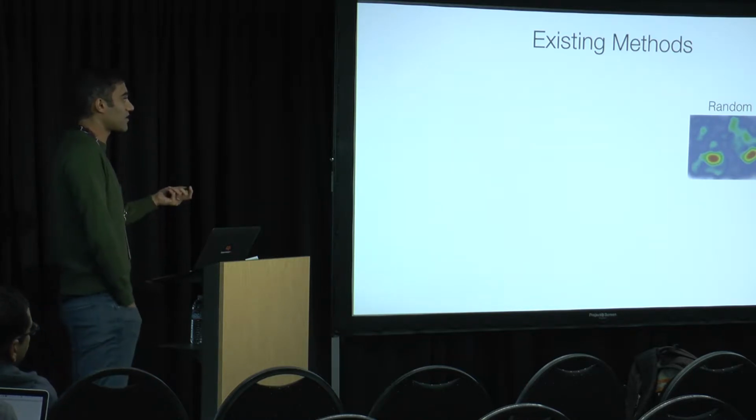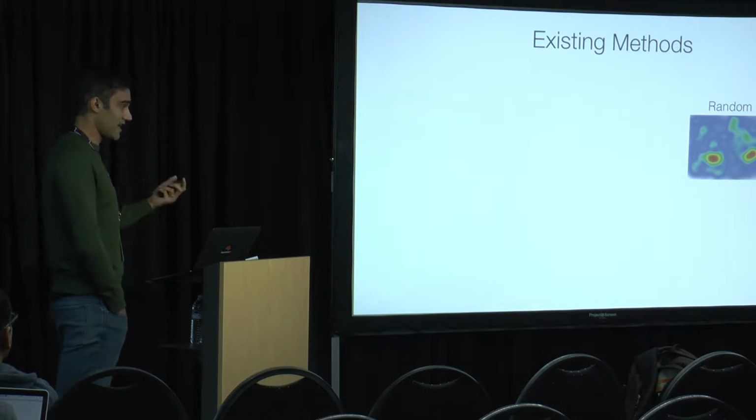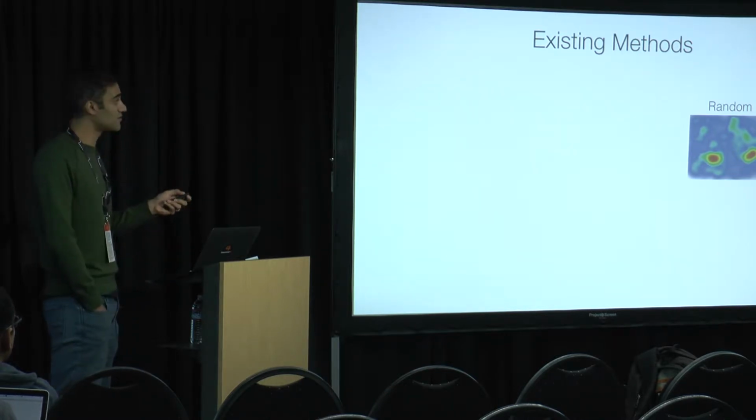Well, the canonical baseline is random search, and it works surprisingly well. The idea, as it sounds, is that here's a picture of a 2-dimensional search space. So there's 2 knobs to tune. This is a heat map where the red circles correspond to good areas. So ideally, you want to find a configuration that's in one of these red circles. And what you do in random search is what it sounds like. You randomly search through the space, and the hope is that if you've sampled enough points, one of them will be within or close enough to one of these hotspots that you'll get a good model.